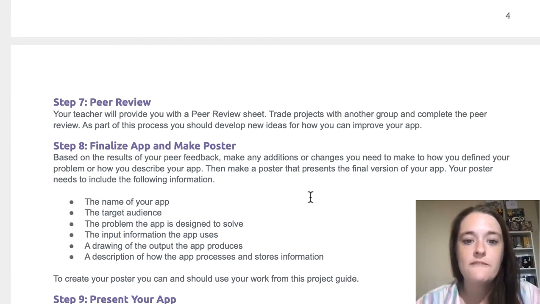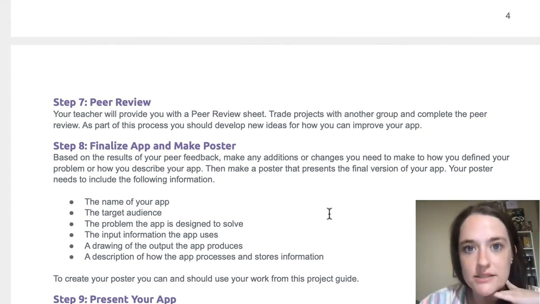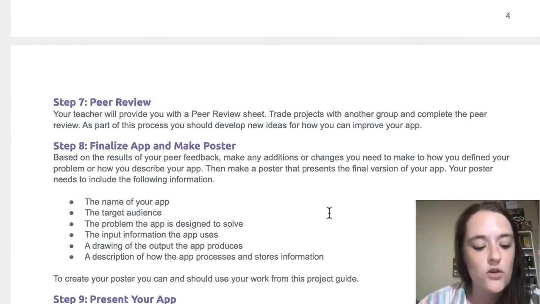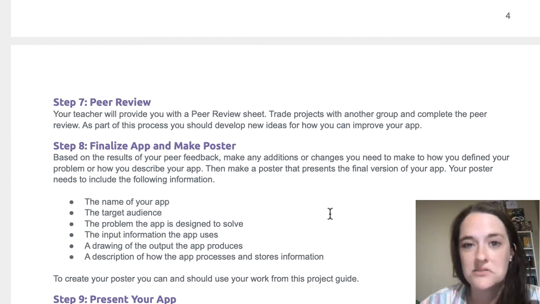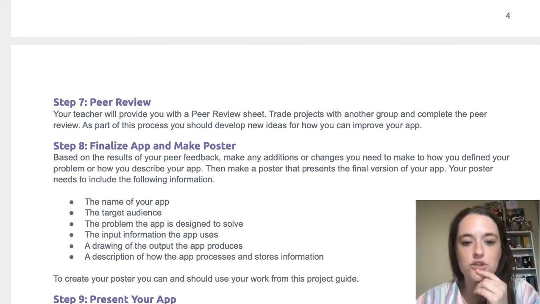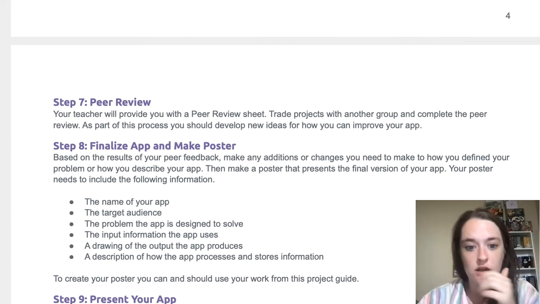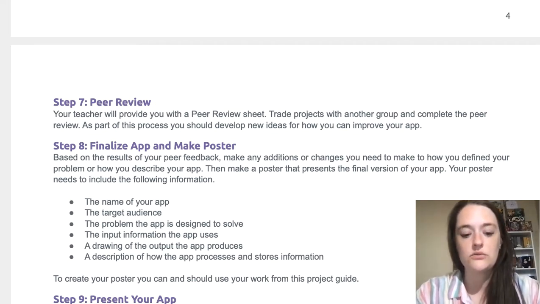That was step 7. Finalize your app and make a poster. You have some options here for this poster. Okay, if you want to literally use paper and markers and pencils and crayons, you go right ahead and do that, okay? How would you turn that in? You could bring it to the classroom. You could take a good picture of it and submit a picture. Yeah, okay, so another option would be to use